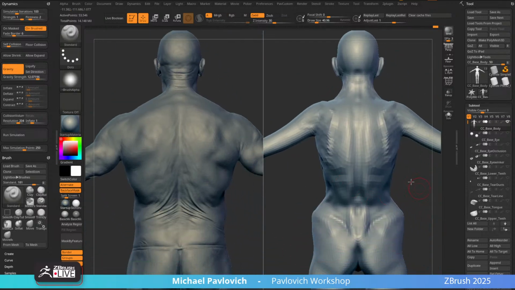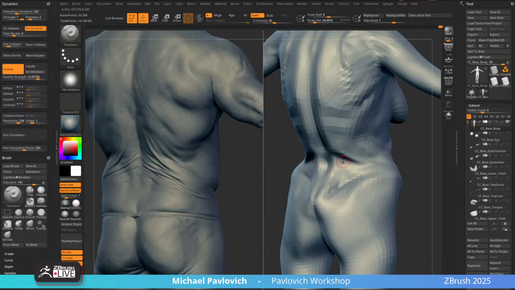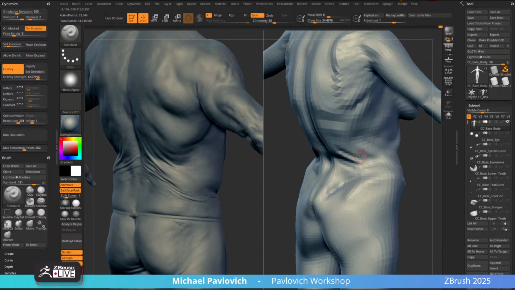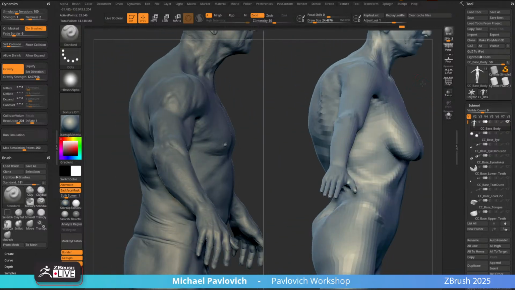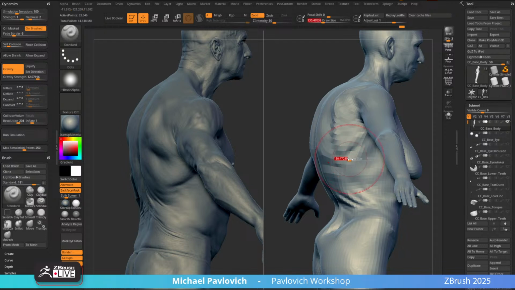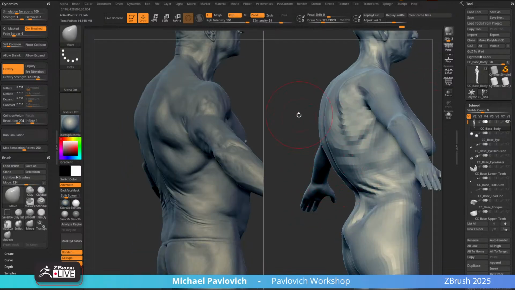The vascularity, and then the skin wrinkles back here will be good. Not that we need to take them wholesale, but just to remind ourselves of that, and kind of getting that motion too. This is the funner phase, where we start getting into the feeling of like, okay, this